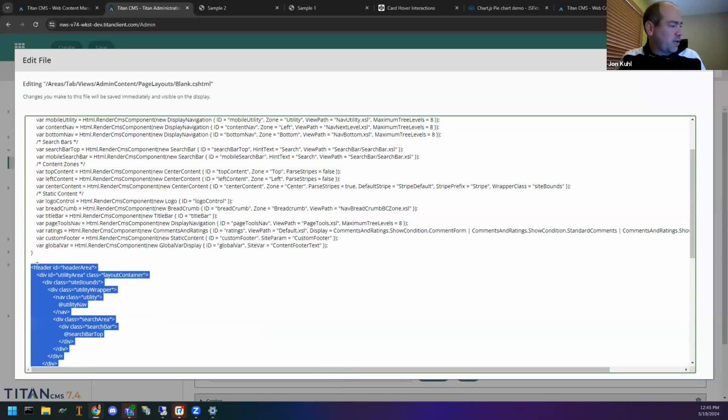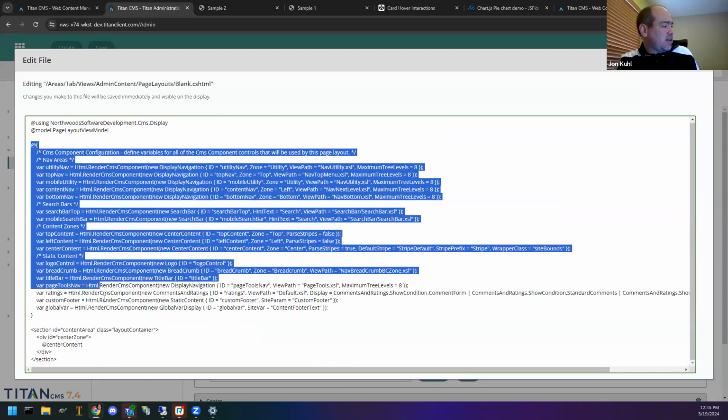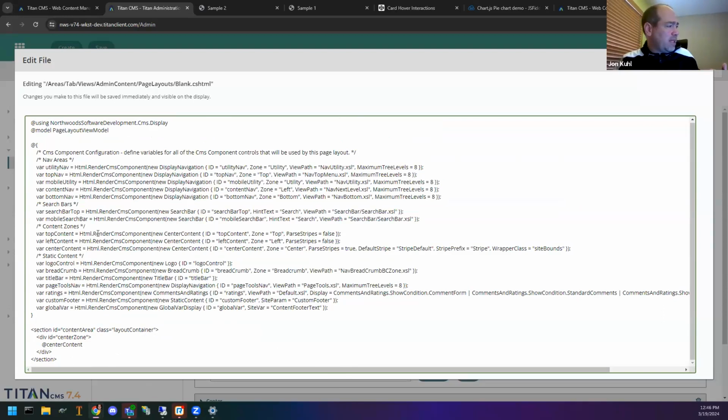Let's get rid of the whole header. We don't want logos or anything. And then if all we're doing is a section with the center zone, then this is essentially done. This section here is variable calculation to hook in the various bits and pieces of content that are coming from Titan. The only one of these that's important, I guess, now that we've stripped out all that HTML is center content, which is,